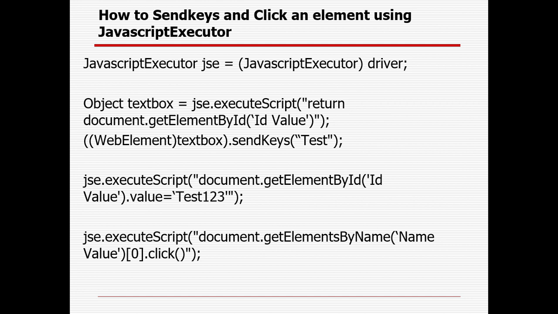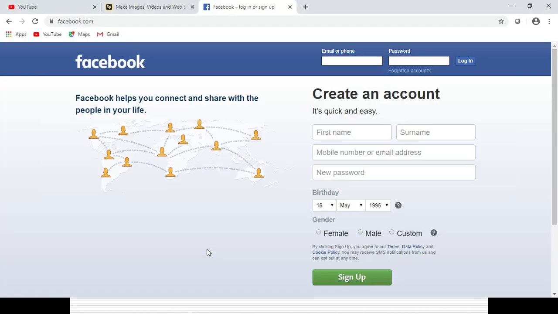Here I will show you how we can enter some value in a text box with two options. One is we can directly send values, and another one is we can create the object for the text box and after that enter the value using sendKeys. And in case any button is there, we can click on that button. Suppose we have opened Facebook; there is an email field, password field, login button, and sign up button. First I will try to identify the email field.